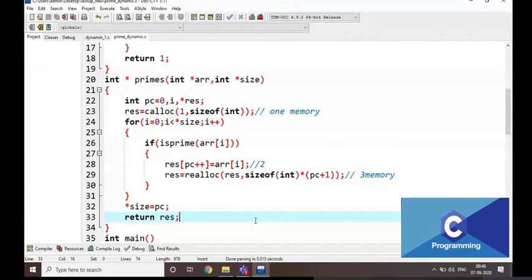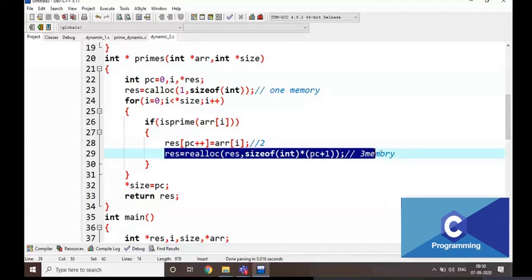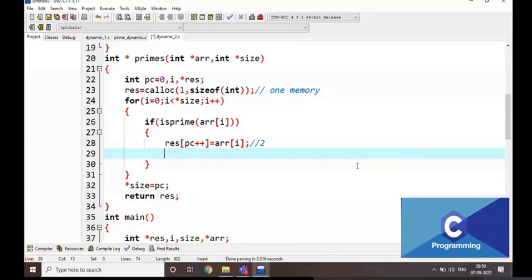But when we are going to initialize the memory, we are going to take two functions. Just note down those functions. That is enough. Sometimes there is no need to write realloc always like this. And sometimes they are working like this. I will show you how they are working.